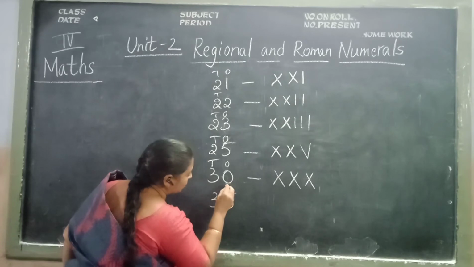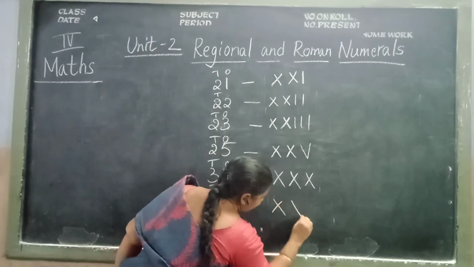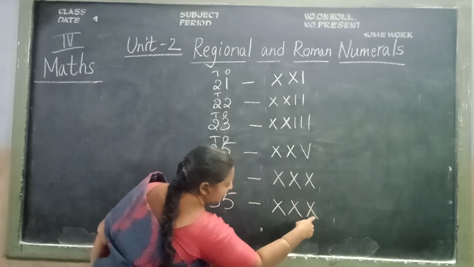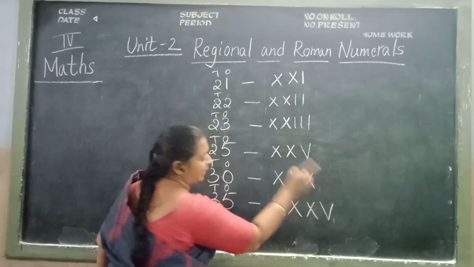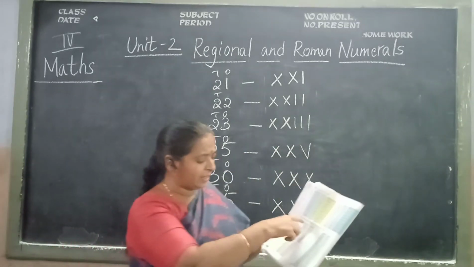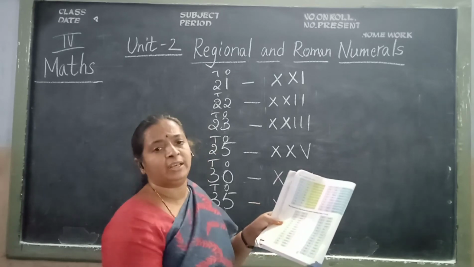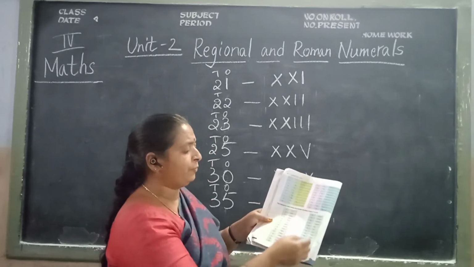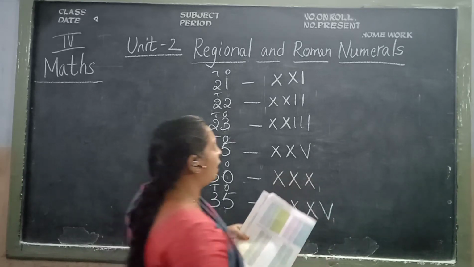Again 35. 35, you will get down. See, children, 35: 3 tens, 10, 10, 10. 3 tens, children. Then 5. 35 is 10, 10, 10, 5. 35, children. See, children, from 21 to 35 is in one column. Then 36 to 50. See, children, 36 to 50. You can write all these, children, like this. We can present them. See, children, 40.